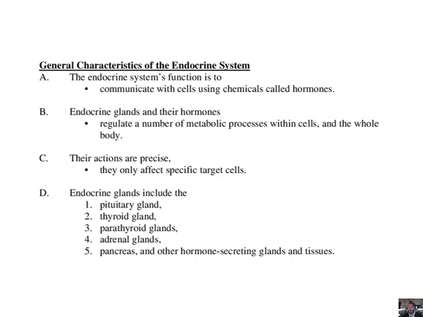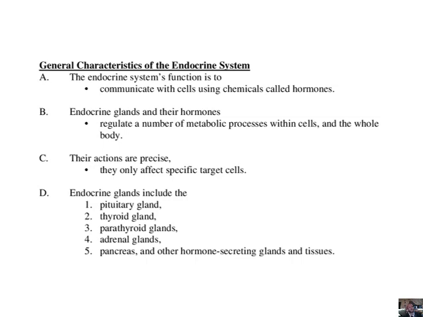Then in B, all I really want you to have a look at is the metabolic processes. The idea of metabolism is just the idea of chemical reactions. There is no actual definition of metabolism, and I've asked a couple of people, and no one really knows what a metabolism is. So long story short, ultimately it's just all the chemical reactions within the body. Let's say when adrenaline kicks in and your body becomes stronger and faster and you start paying more attention to the body, and we'll go over adrenaline in quite a lot of detail.